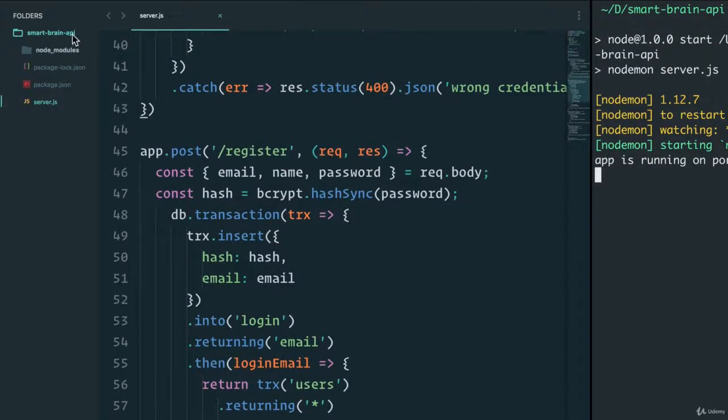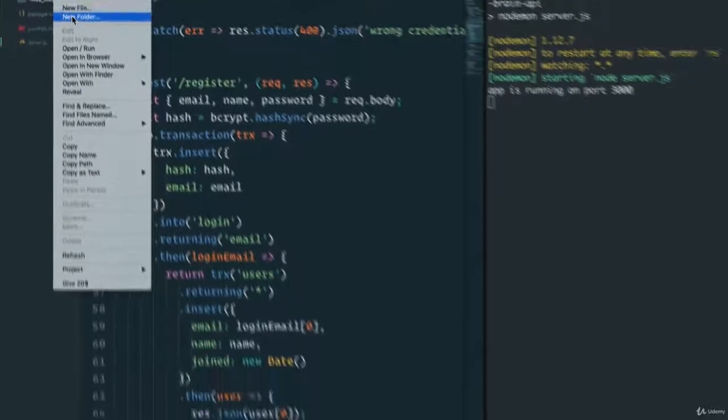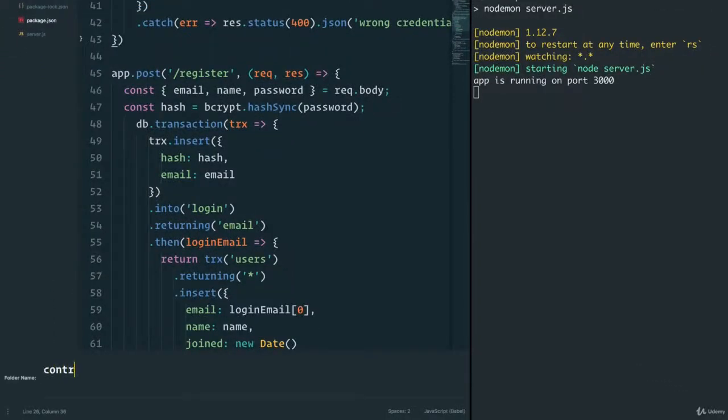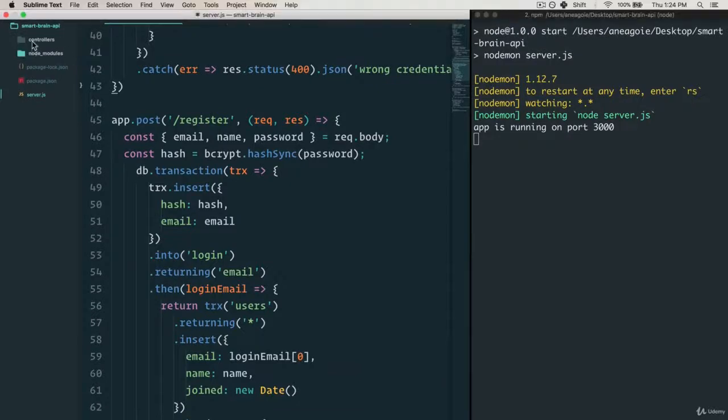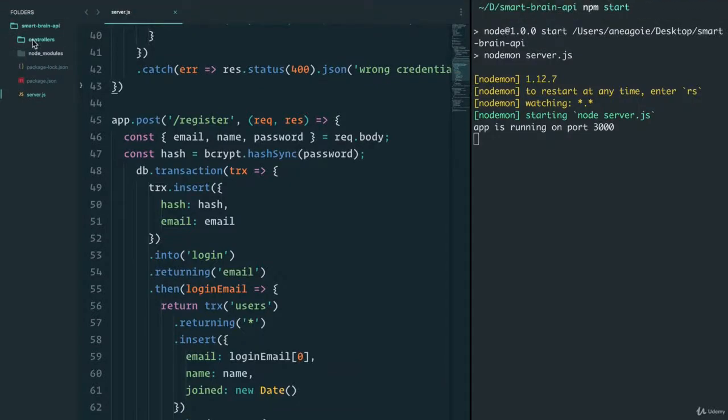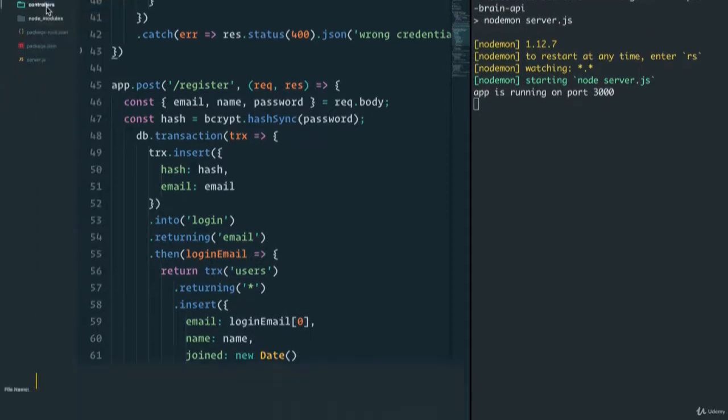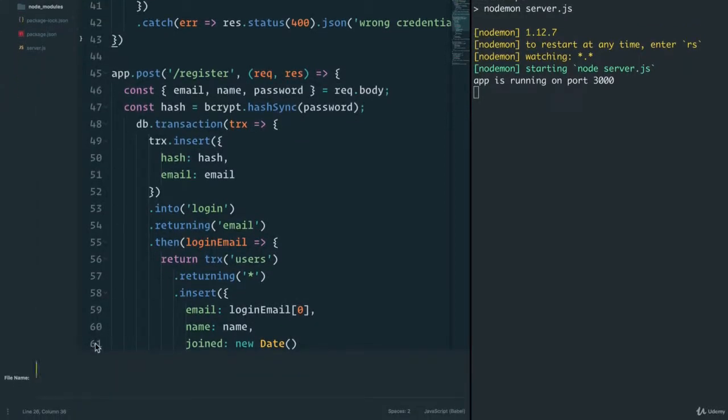So one thing I like to do in the backend is create something called a controllers folder. And what controllers do, controllers are things that control whatever happens when an endpoint gets hit. Let me show you what I mean. I'm going to create a new file, and this file will say